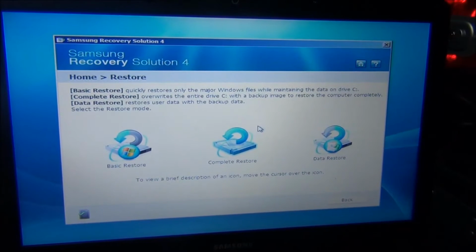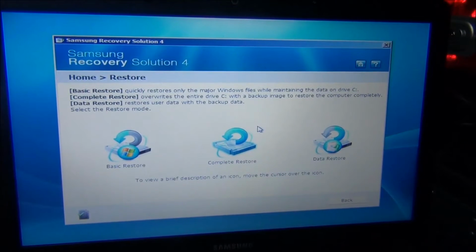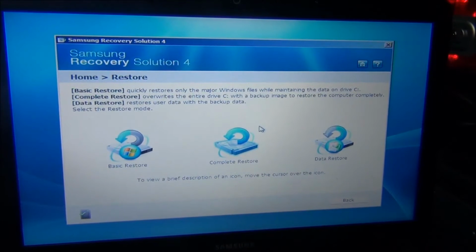Okay guys, this is a Samsung R540 with the Intel Core i3 processor. I'm going to show you how to get to this screen so we can go ahead and begin the restore process. So foremost,